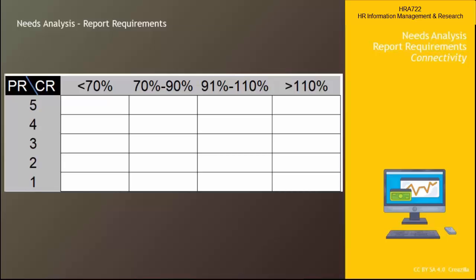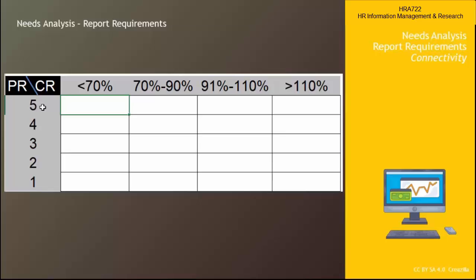And on the left side, they have every performance rating, performance review score for each employee. So 5, 4, 3, 2, 1. And on the top, they would have their compare ratio. And this is how they broke it down. This is not standard. But they had people less than 70, low end, between 70 and 90, between 91 and 110, and on the high end at 110. So their job, and it took them months to do this, they looked at the economy, they looked at their own budgeting, they looked at cost of living, inflation, and they would then type in a number here,